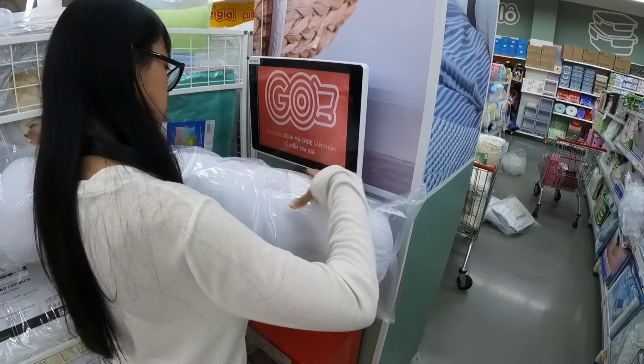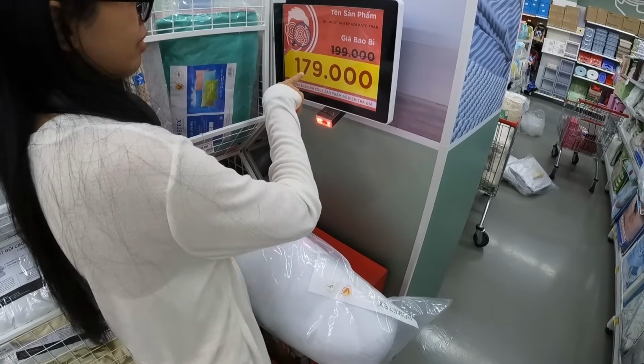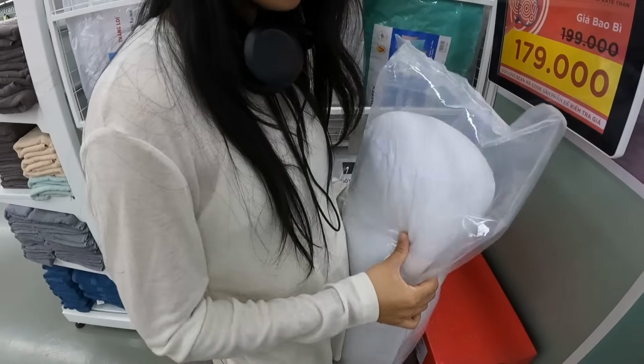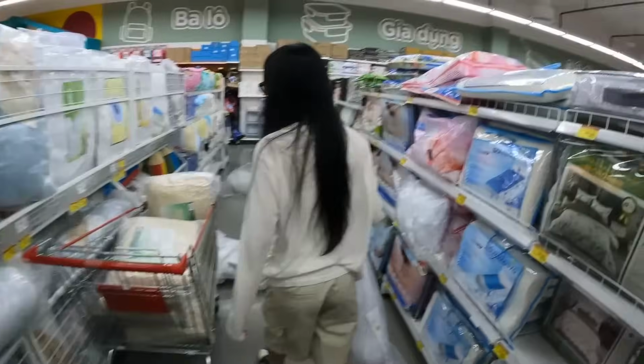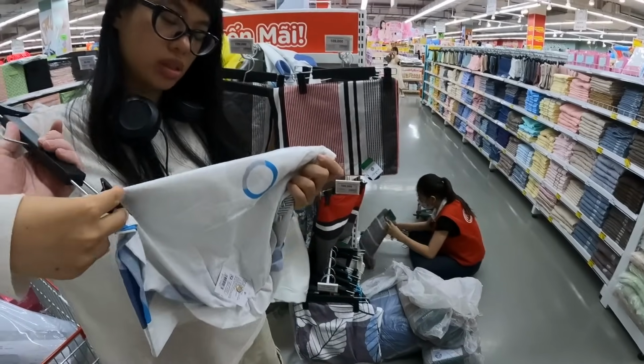Looking at body pillows now. We gotta get 1 body pillow. We already have one. $179. And the Home Text feels like better quality if you feel it. Yeah, I can feel it. Let's get the Home Text. And then we'll get a sheet for that. So that's gonna be about $6 for the body pillow. And that 120,000 for the cover,